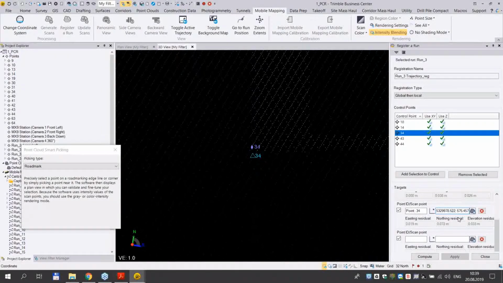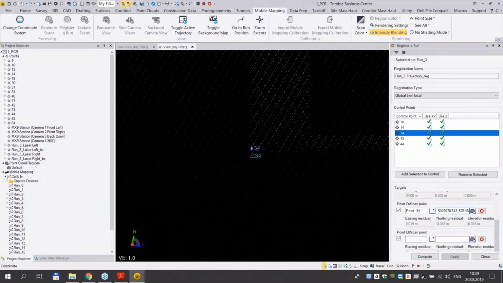So if I manually edit the coordinates in north, I could reduce maybe 1 centimeter, and I will be reducing the residuals according with the addition of